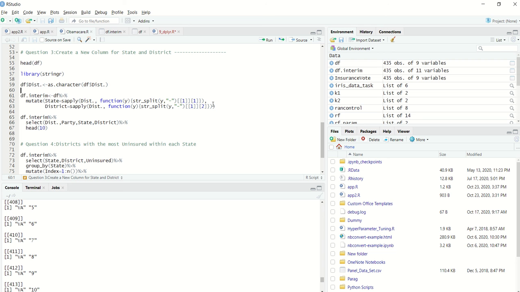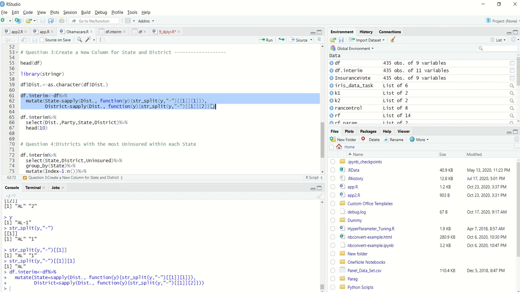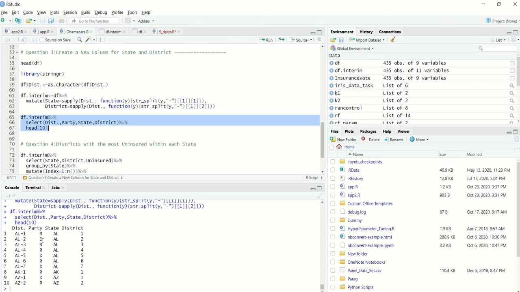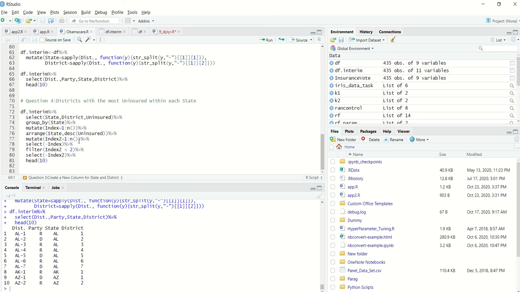So if I want the district number instead of 1 here, I can go ahead and look at the second value. So if I run this now, I will basically get the state as well as district split from the district column. So if I just look at the first few records of the resultant data frame, you see I have the first column, which is a concatenation of state name and district number. I have the party in the second column, and then I have state and district, which we just calculated using string split and sapply. Now we have the state as well as district columns, separated out.